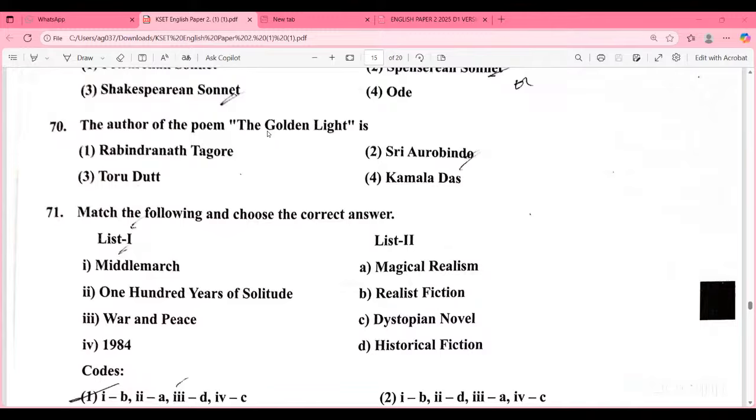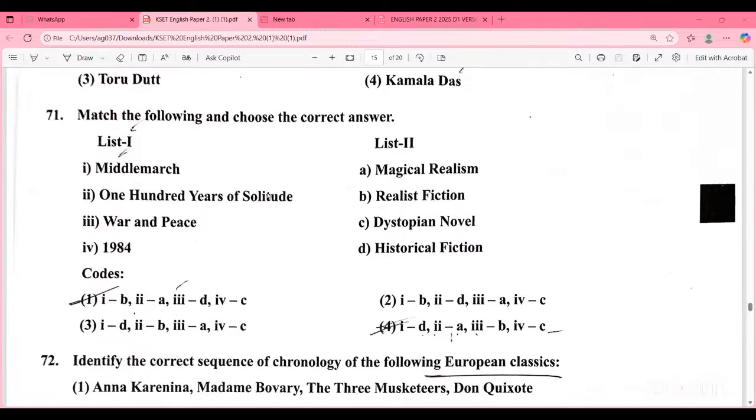The author of the poem The Golden Light is Sri Aurobindo. Sri Aurobindo is the right answer. Okay. The Golden Light is a poem by Sri Aurobindo. Okay. Next we have